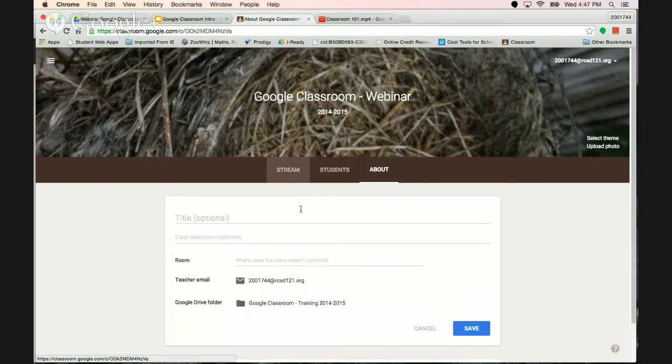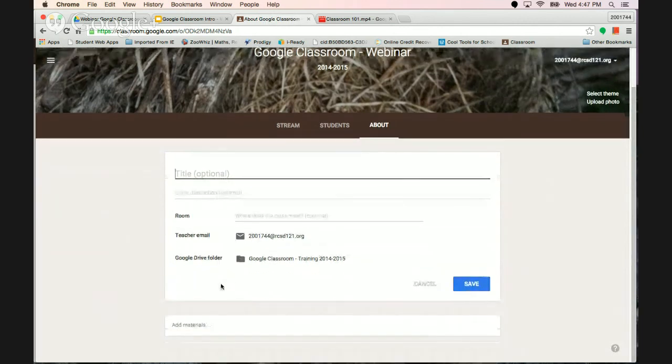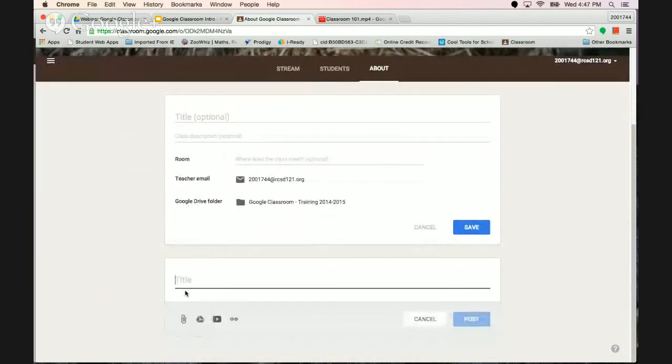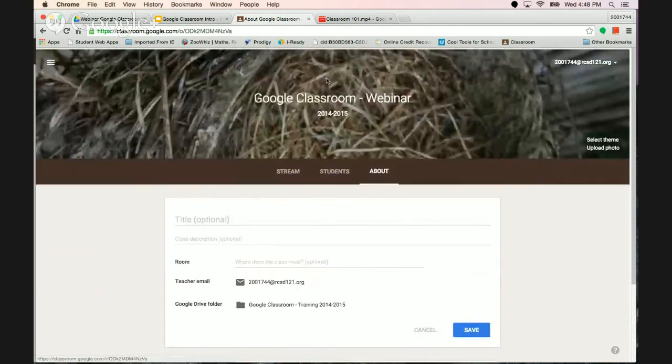The About is where the teacher can leave more information about their class, their room number, and down below, you can leave materials. So it may be a link that works for the whole class to the textbook, or you may have a document in your drive with all of the links. You can attach that here in the About. And again, this is the name of the class, what is created, that back-end work that Google Classroom creates in the drive. So that's the About.